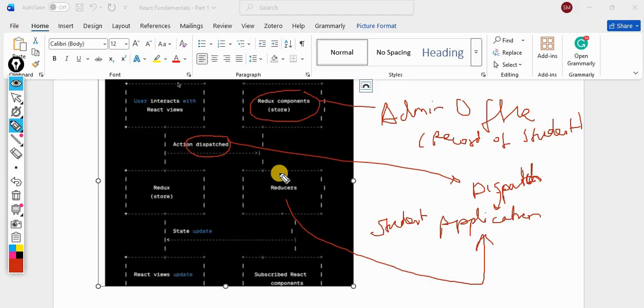Whatever you have written in the application, suppose this is the part you have written, that part will be received by the reducer.